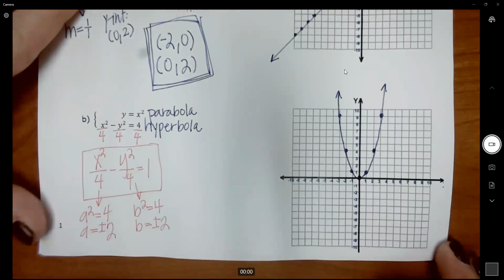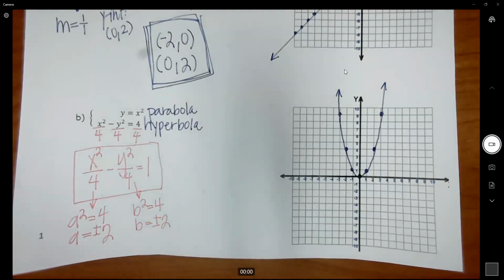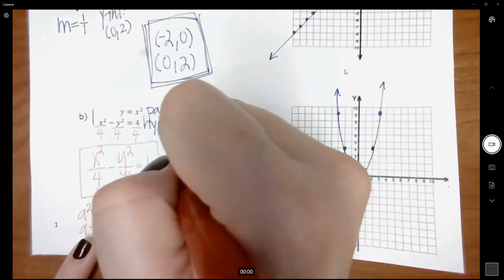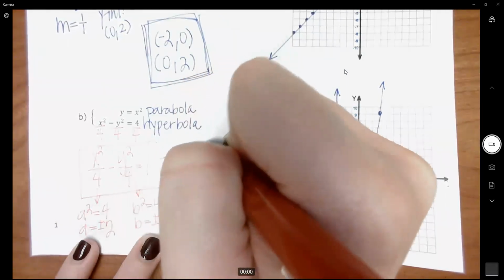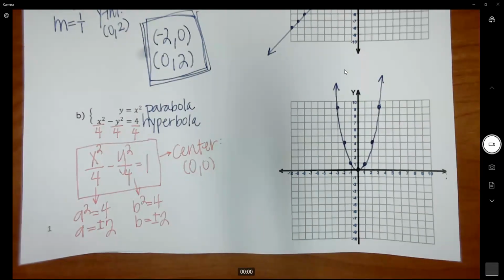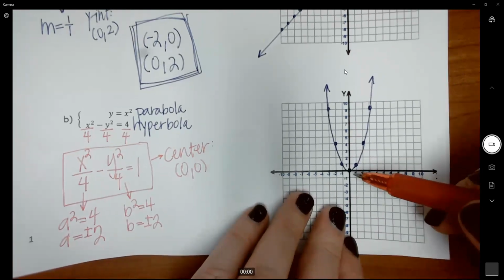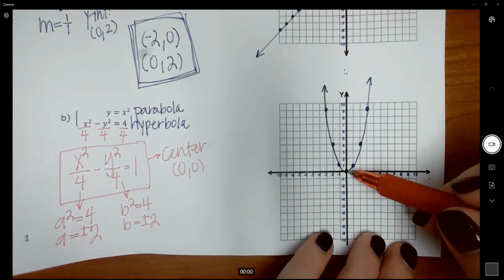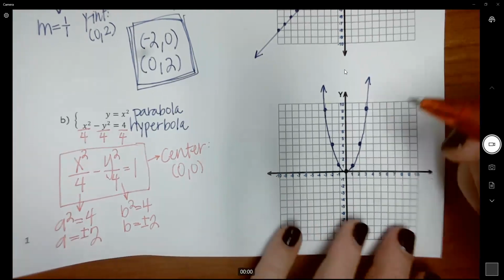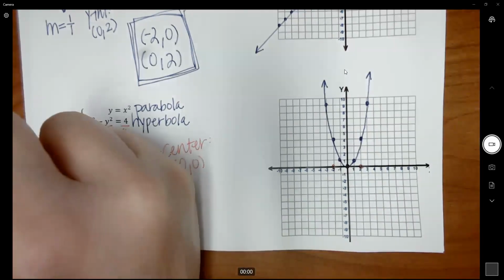Okay, and I don't really need to worry about the foci. That's not going to help me with knowing where these intersect. And then lastly from this, I know that the center is at 0, 0, because again, it's x squared, y squared. So your h and your k are 0. So I will plot that. The center is at 0, 0, but that's not really part of my hyperbola, right? So it's not an intersection point. My a is 2, so this is my vertex. And by the way, I know that it opens up